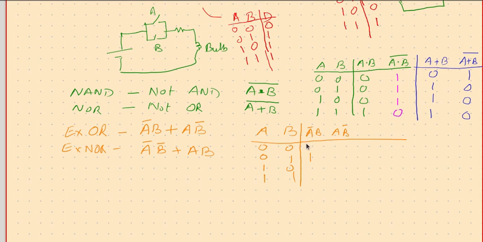Here B is 0, therefore this will be 0. Here A is 1, B is 0, therefore the AND operation will be 0. And here, though B is 1, A is 1, so A bar is 0, so we get a 0 here. How about A B bar? A should be 1, B should be 0. So for this condition we get a 1. For other conditions, we get a 0.